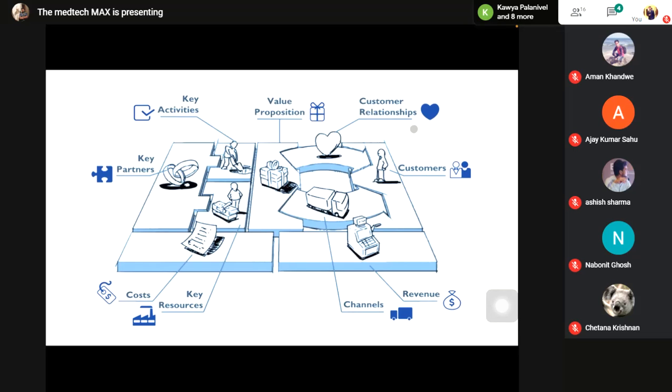The love symbol here is the customer relationship. You need to develop a different type of customer relationship, and you can do that only when you specifically classify your customers. If you don't classify your customers, you will use the same advertisement strategy for everyone, but that is not going to help. It is going to attract only some part of the customers, and other